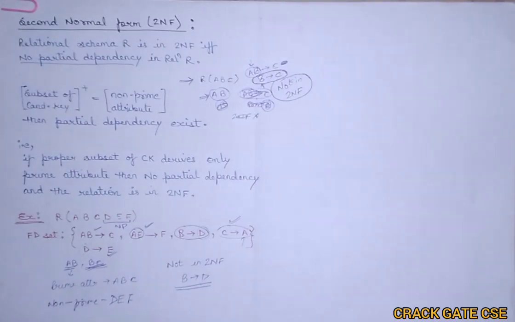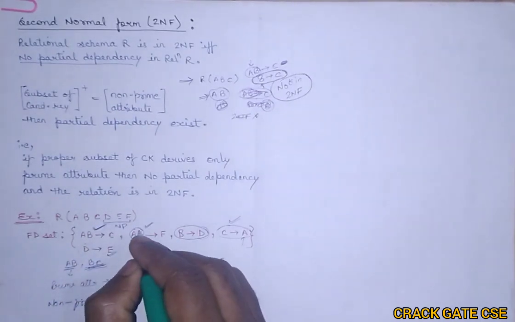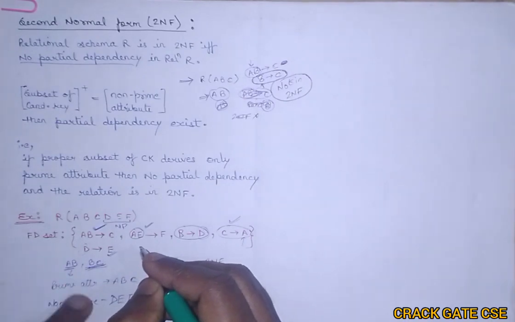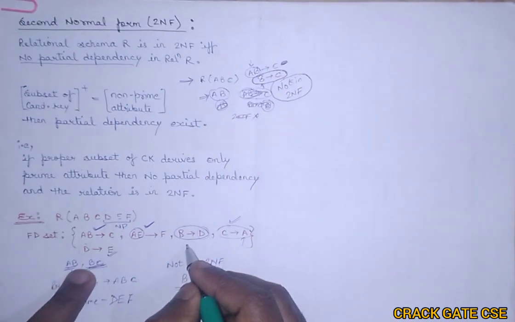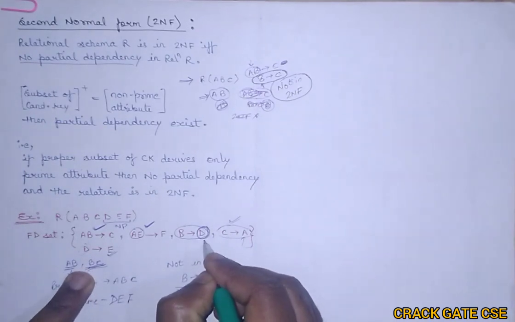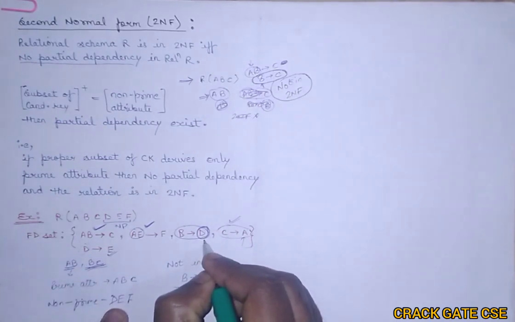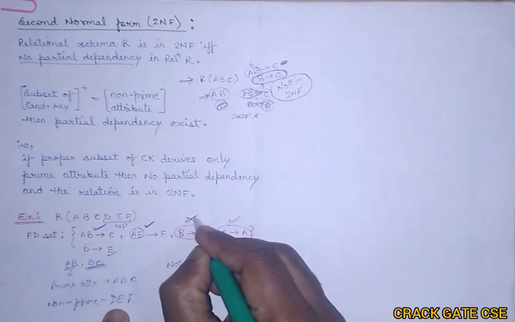non-prime attribute. So now we have to check each functional dependency one by one to find out whether the relation is in 2NF or not. So for AB implies C. So AB is not a subset. That means it is not violating a condition. AE. So check AE is a subset. No, AE is not a subset. So it is not violating the case. B to D. Here you can see that B is a subset of both the candidate keys and it is deriving a non-prime attribute because D is a non-prime element. So it is deriving a non-prime element. So this is not in 2NF.